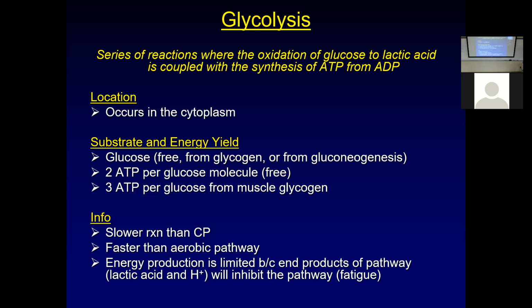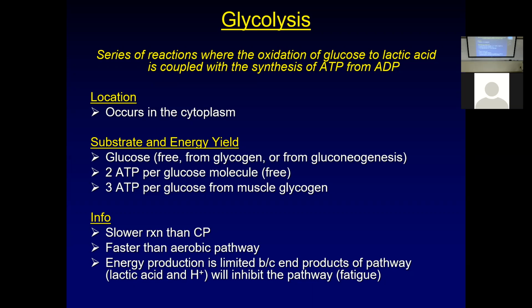It uses glucose. Where the glucose comes from is really important. Glucose comes out of the bloodstream. So that glucose is either from food that you've eaten, that you absorbed in your small intestine, or it has come from glycogen stored in your liver. We'll talk about how we break that down next week. Or it comes from the process of gluconeogenesis,